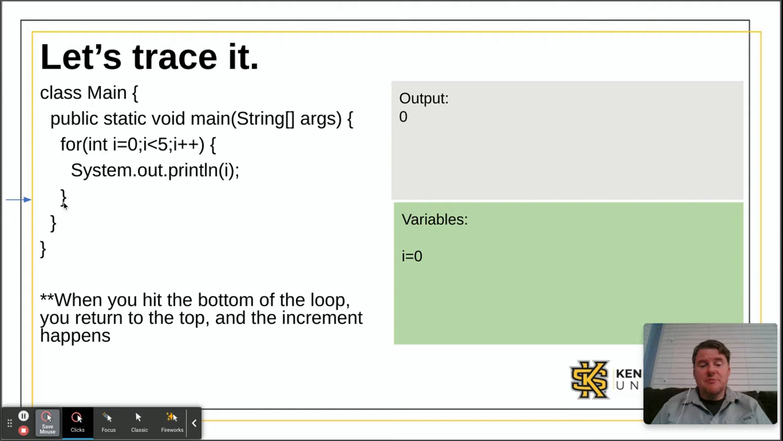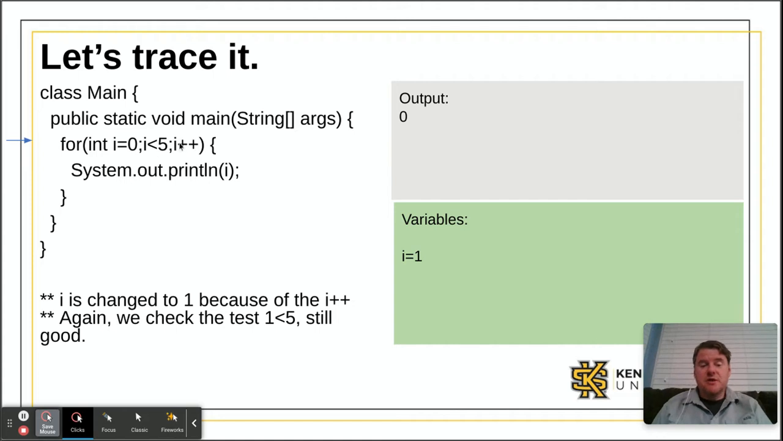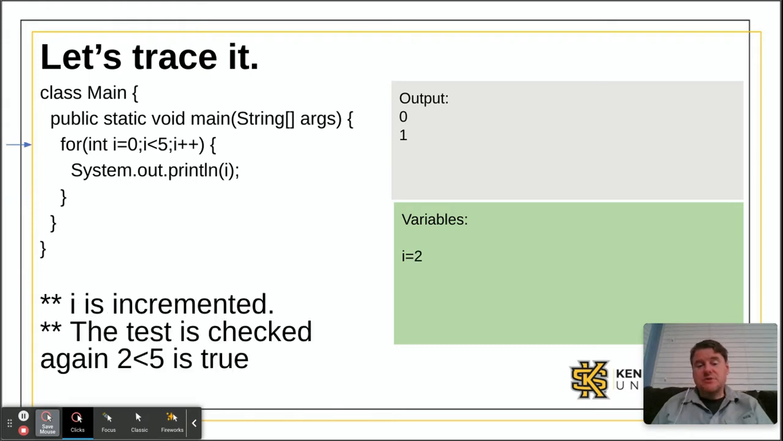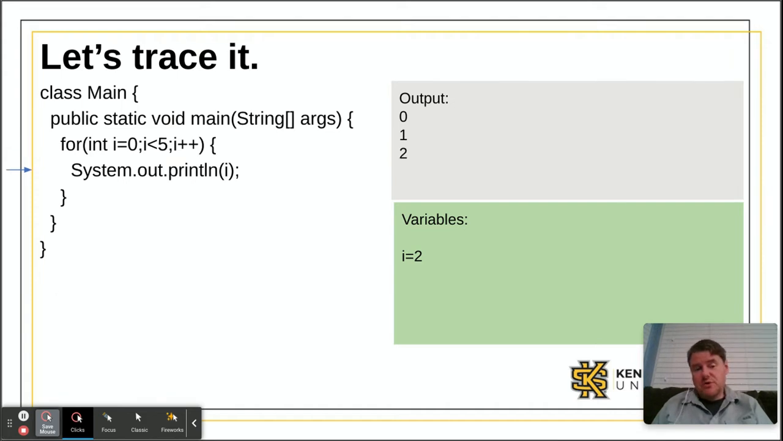So when we hit the bottom of the loop, what happens is the increment happens, and then we recheck the test at the top. So the I is changed to 1, and now we check if 1 is less than 5, which it is. So we're going to go in, we're going to print the 1, we're going to hit the bottom of the loop, the I is going to increment again. Now it's 2, 2 is less than 5, so we're going to print a 2, we hit the bottom of